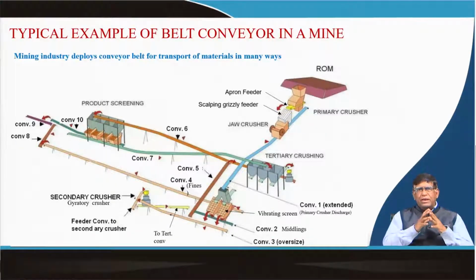a mine. You know, in a mine, say for example, in a metal mine, say your iron ore mine, or you think of copper mine, gold mine, then they are always associated with a processing plant, because the ROM, that run of mine, needs to be processed, means crushed and screened, and then beneficiated, so that the concentration of the valuable minerals is at a level from where the metallurgical plant can extract.